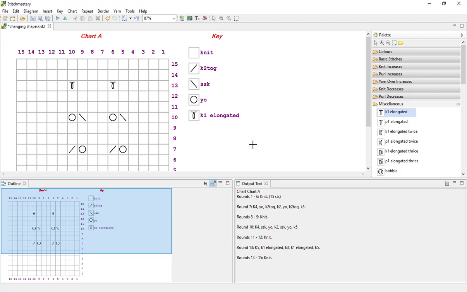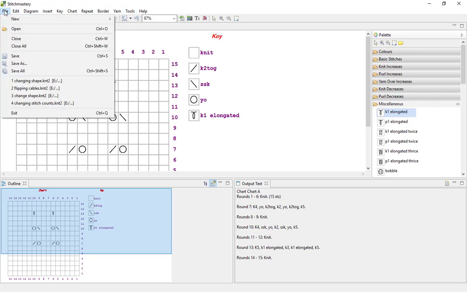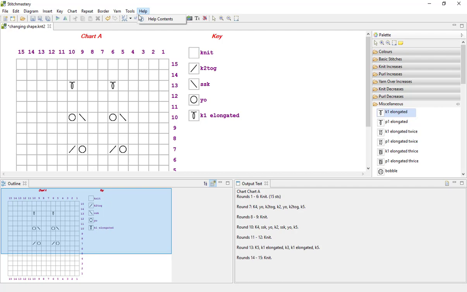And if it's the case that the default font in Stitch Mastery is not the one that you want to use for any of your charts, you can select a font to be used in all of your charts as the default, and you do that within your user appearance style sheet. So we come to Preferences, which on Windows, as I am using, is under Tools. If you're on a Mac, you'll find Preferences under the Stitch Mastery menu here at the top left.